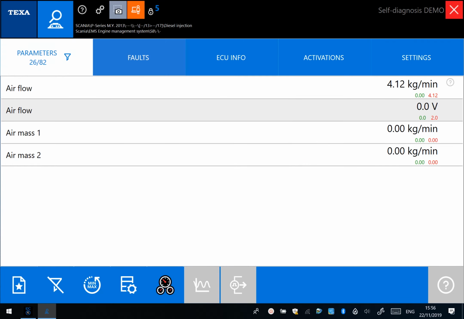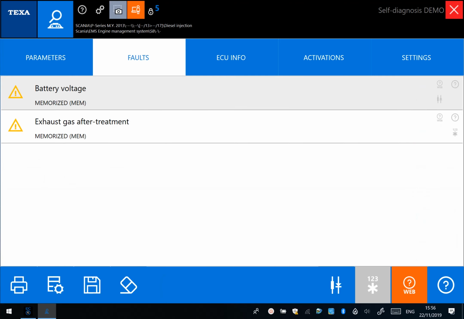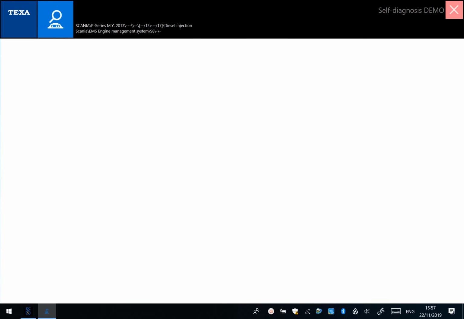So again, that's just a few other options on there. Now that's pretty much the bones of the system when it comes to its working. Obviously there's a lot more to look at, but hopefully that gives you a bit of an idea as to how the system works. What we'll do, we'll just disconnect from that,